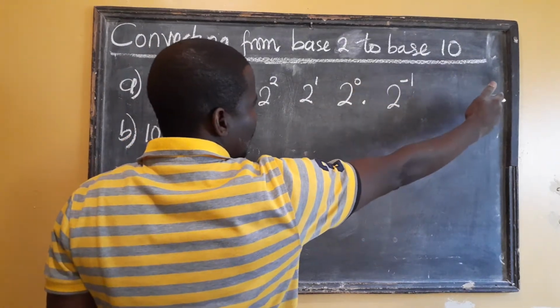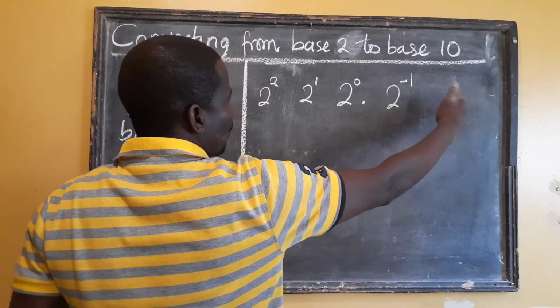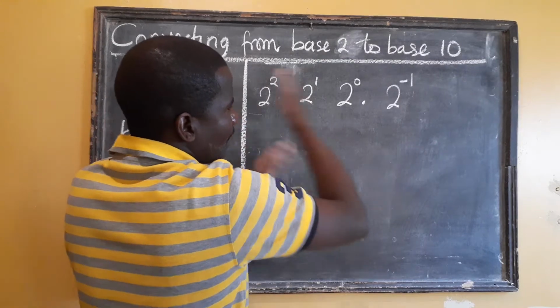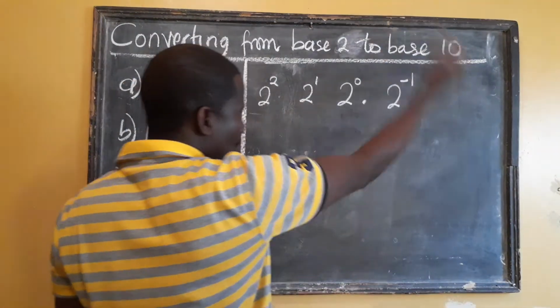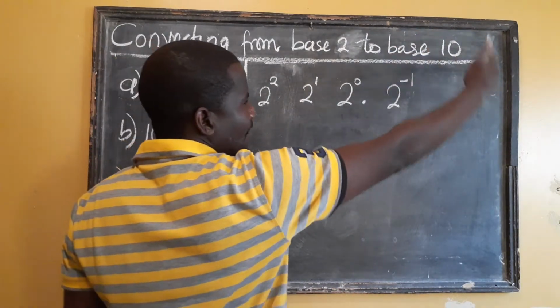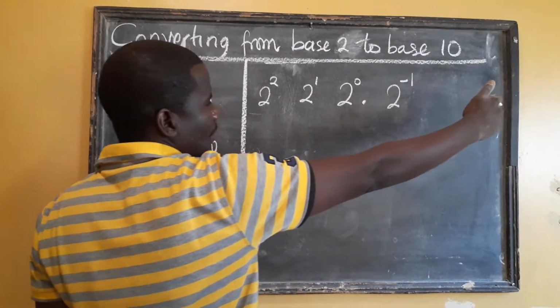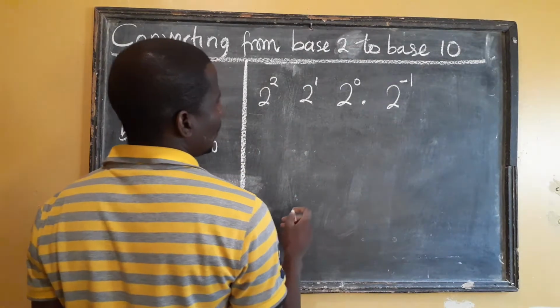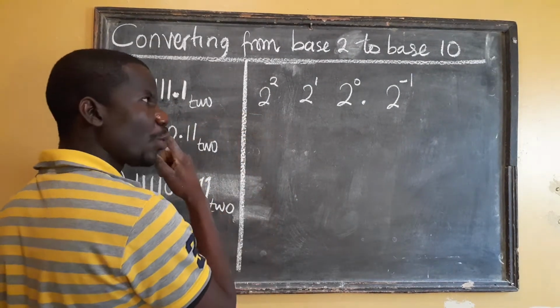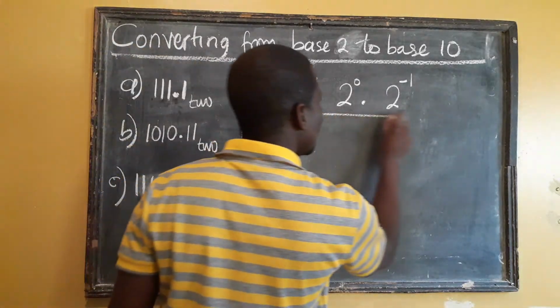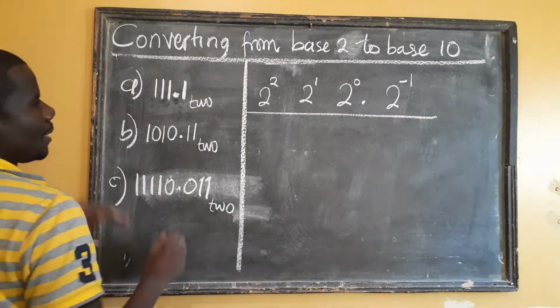going the other side here, we're going to have, of course, the opposite according to the number line. So after a decimal point, we begin to have the negatives. So below here, we can bring